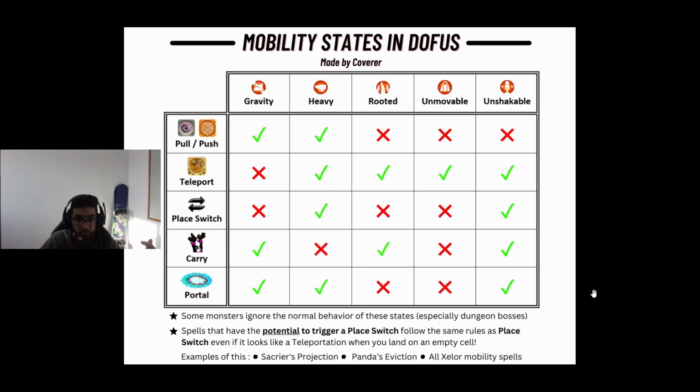And here at the bottom of the table, I added some notes to specify some things, like some monsters will just ignore the normal behavior of these states. So for example, you're doing a dungeon, and then you want to put the boss in gravity state so it can't jump around anywhere. Like here, there's a big red X. So under gravity, it's not supposed to be able to teleport, but some monsters, they'll just ignore that and still teleport. The second note that I have here is that spells that have the potential to trigger a place switch